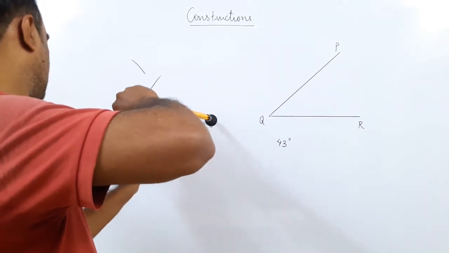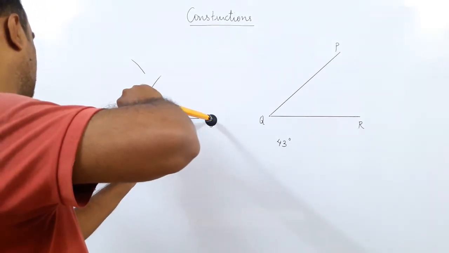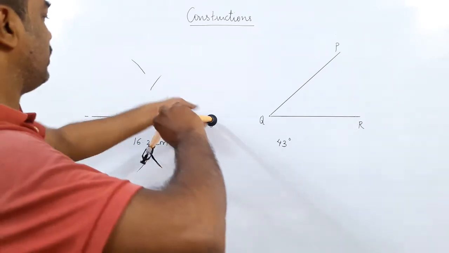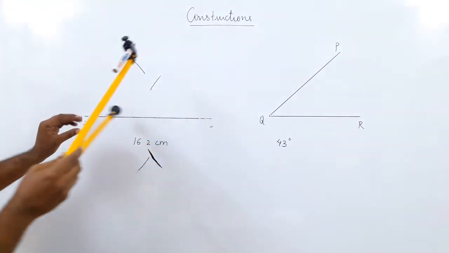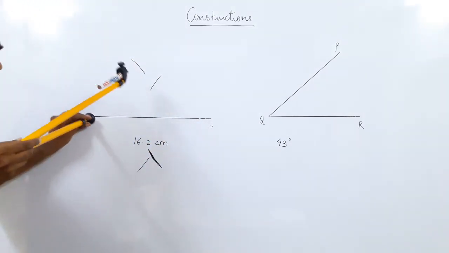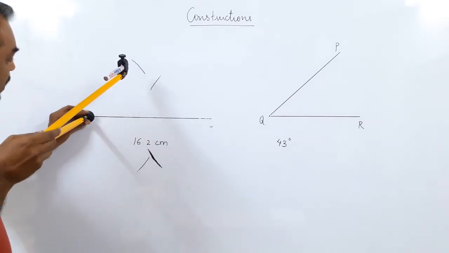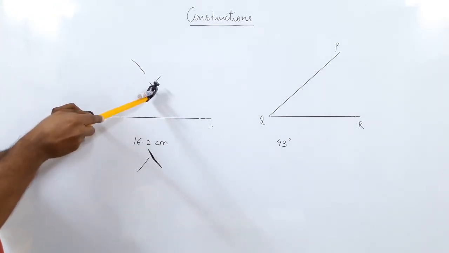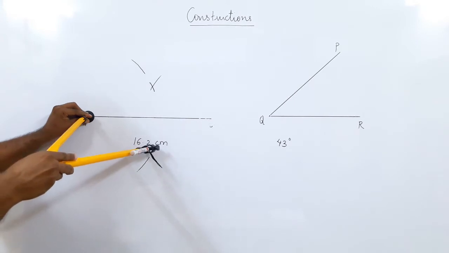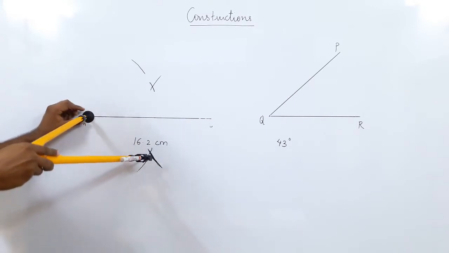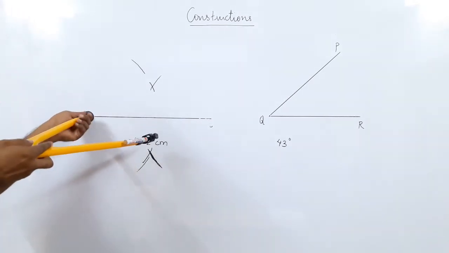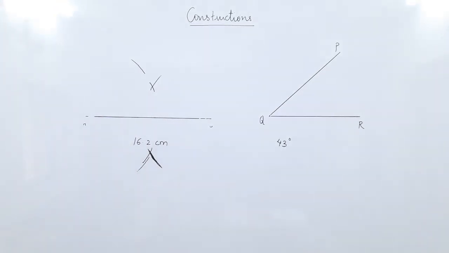top and bottom. Now what you can see, it is not cutting, so I will have to redraw this again at A. So when I redraw at A, the arcs cut here and the arcs cut here. So if you have done this correctly, now let us check the length.